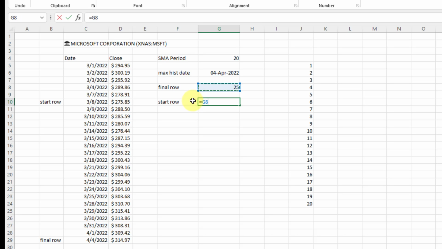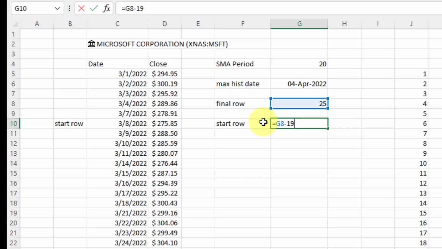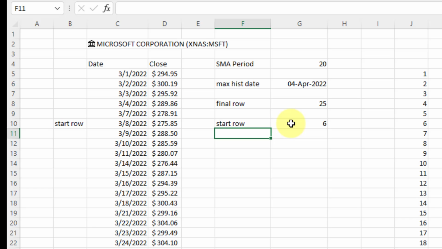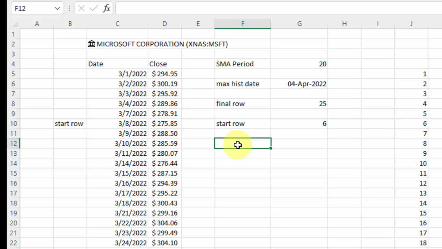The starting row typically would be the final row minus 19, because we have 20. So we'll go back 19 rows and it'll say start from the 6th row. You can see it starts from here. The sixth row is this. Okay, to make it easy for you to see,